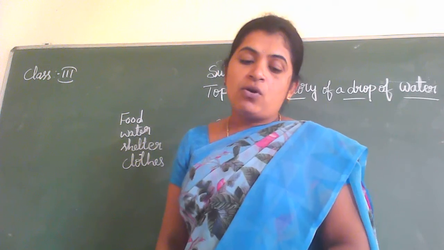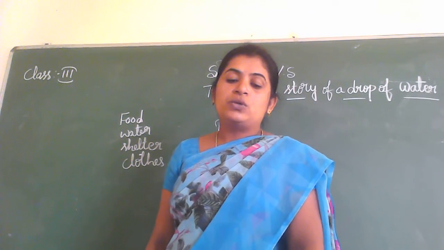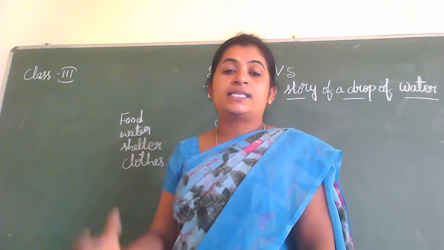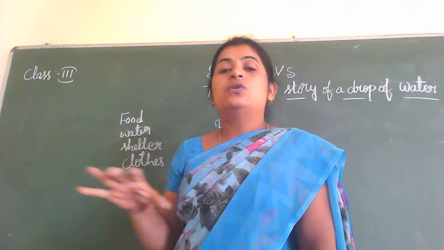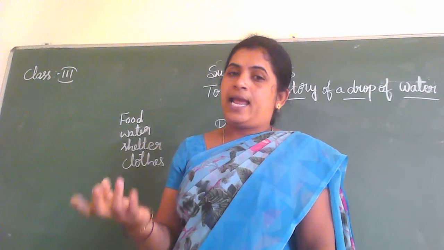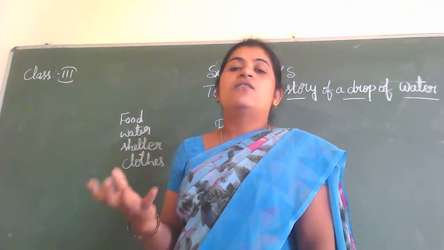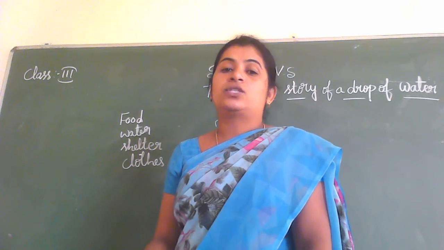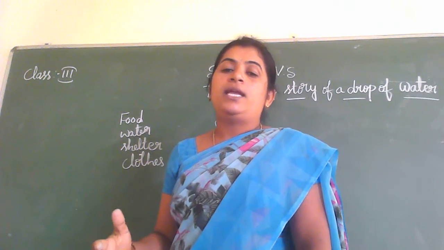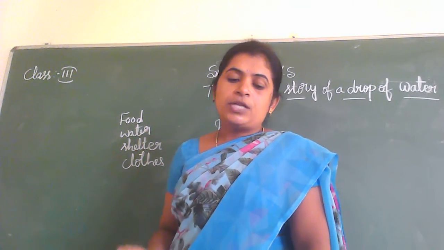Next, I flow to different places. It may be difficult for you to come with me. I flow to different places. Rain is coming, so it has to be stored in different places. For example, lake, pond, river. The rain is also stored in dug places, dug water, well water. So it has to be stored in so many places. It may be difficult for you to come with me.